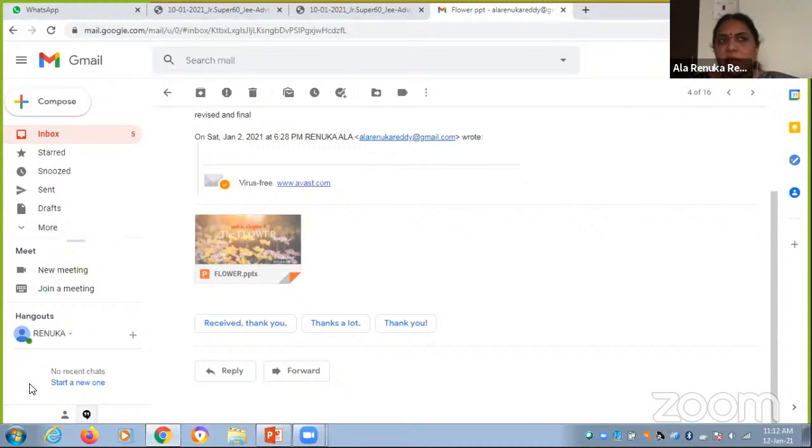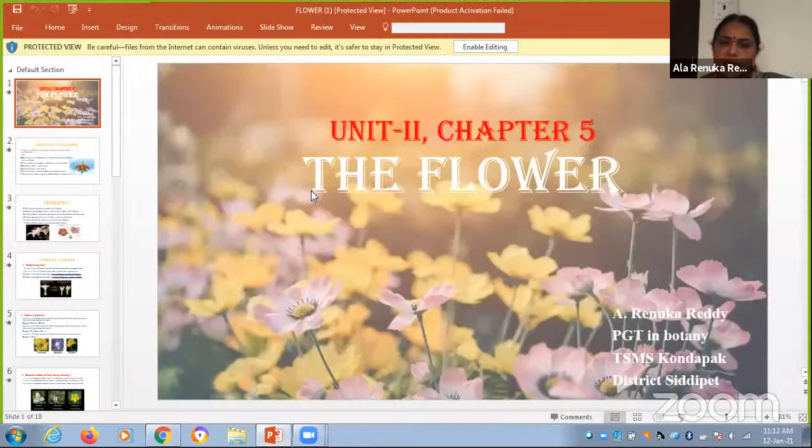In the last class, we discussed inflorescence. We discussed that inflorescence is the modified shoot which bears flowers, and the flower is modified for reproduction. Let us discuss the flower. Flower is